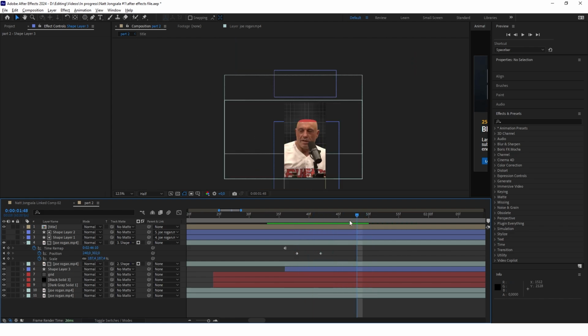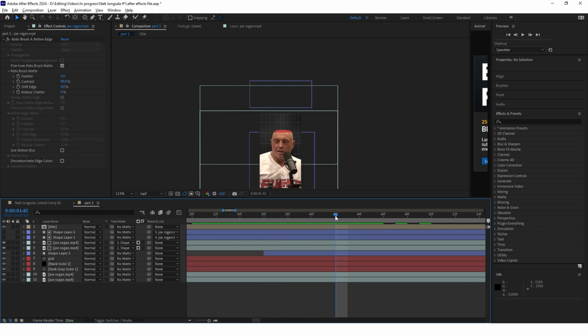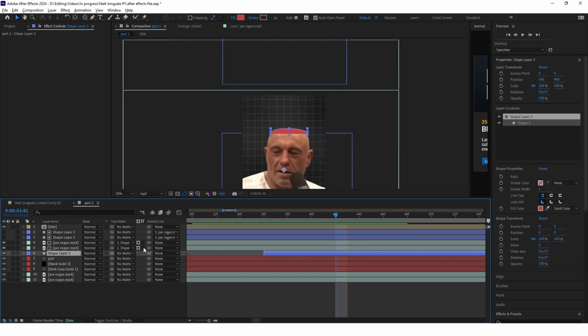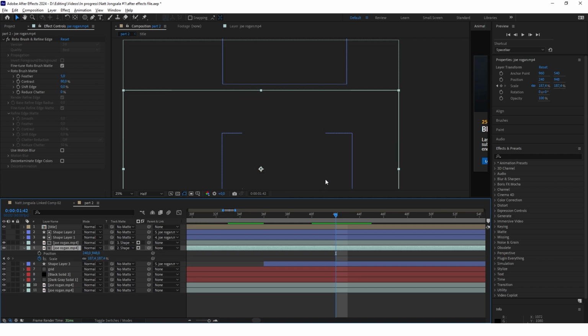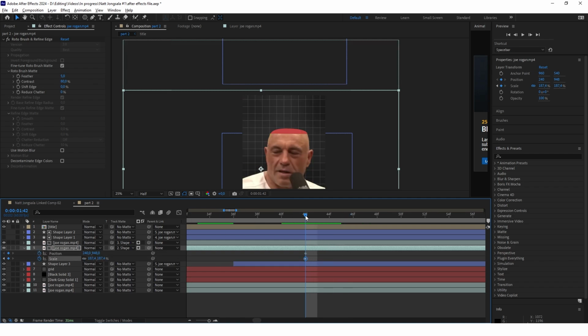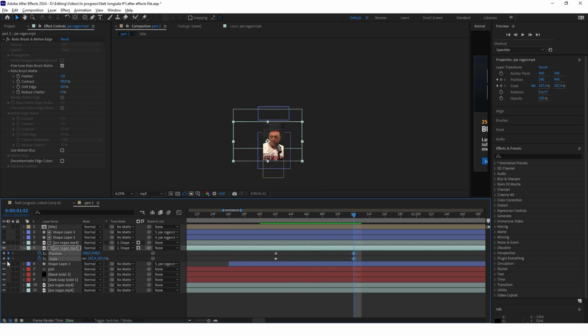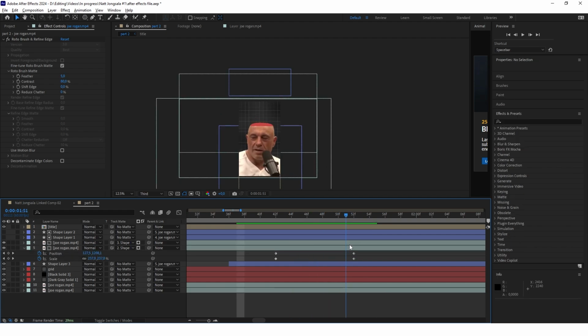Okay, what we can also see in the nuts animation is that the position and scale of the main clip is changing when the head is being opened. So go to the moment where the upper part of his head is not visible anymore. Now parent link this open head shape layer to this clip layer, and go to this clip layer and open position and scale keyframes. Keyframe these values in this moment, go a couple frames ahead, keyframe it again, and in the second set of keyframes increase the scale and change the position. Okay, yeah, it looks really good.